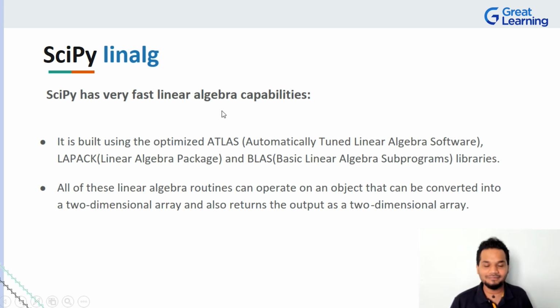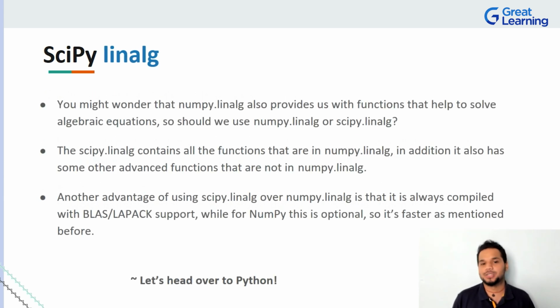It is. And when you bring 3 extremely complex libraries and give the power to it to one single library, you must expect that, hey, this becomes way more complex than we started out initially. That's not the case. It actually becomes very, very simple of how you can work with all these algebraic routines. You can operate on multiple objects, convert it into 2-dimensional arrays. If you want an output to be a 2-dimensional array, guess what? That is also possible here as well, right?